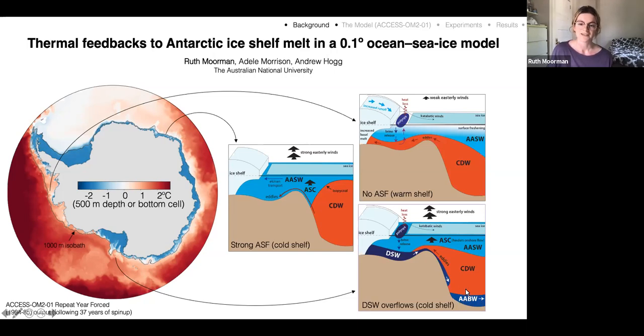And resolving these dynamics is not only important for overturning studies and the studies of deep ocean characteristics, but they're important because the export sites of dense shelf waters where these waters overflow into the abyssal ocean are regions of a high level of exchange between shelf waters and open ocean waters. So we might anticipate that these regions will be of import for setting the water mass characteristics of waters on